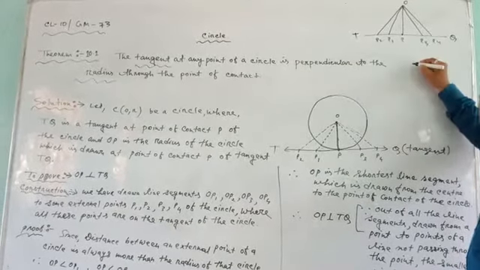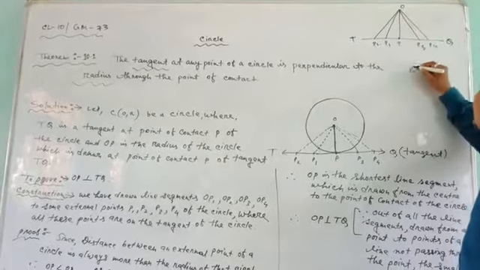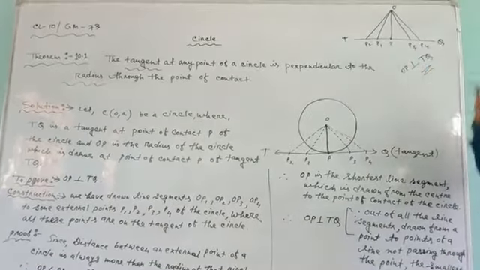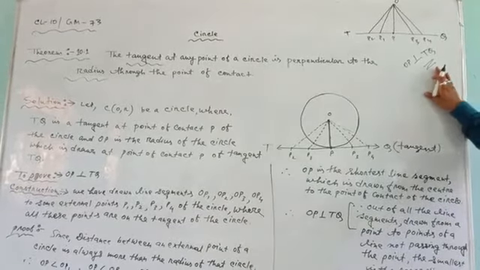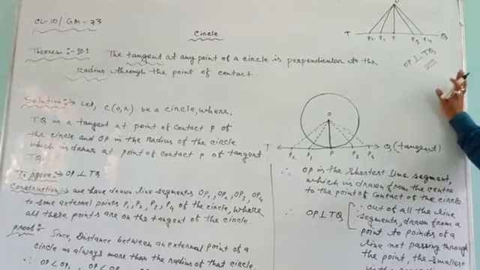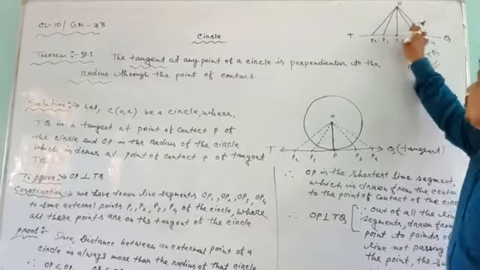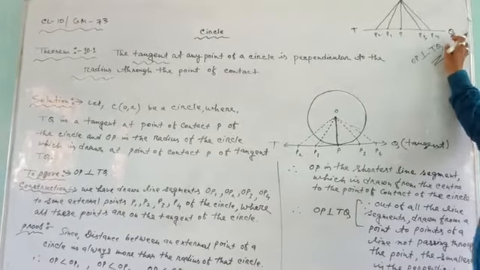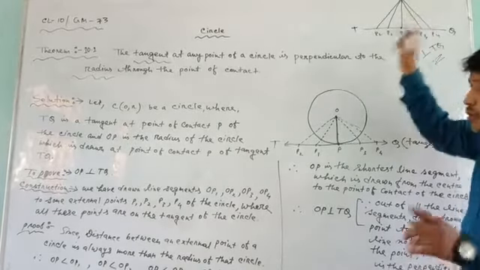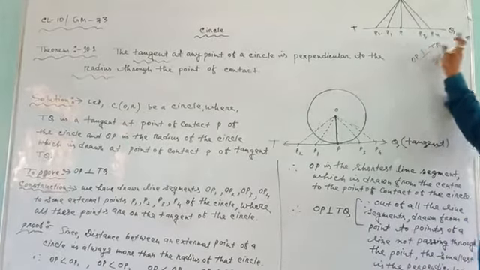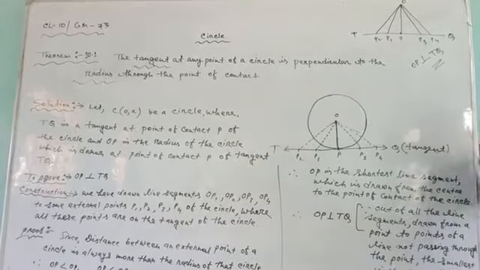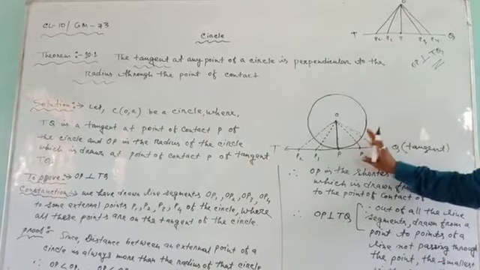So there is one rule. Whichever is the shortest, that one is perpendicular to the line. Many line segments we have drawn from this external point to the given line TQ, but the line segment which is shortest is perpendicular to the line. That is the rule, and we have to apply it here.